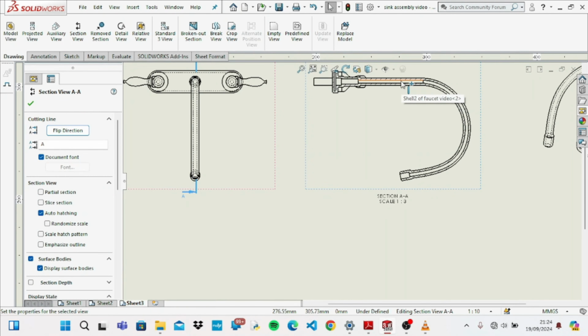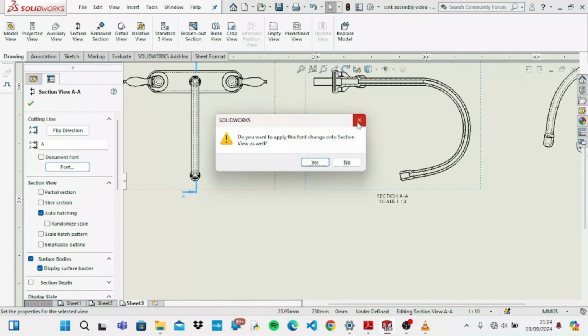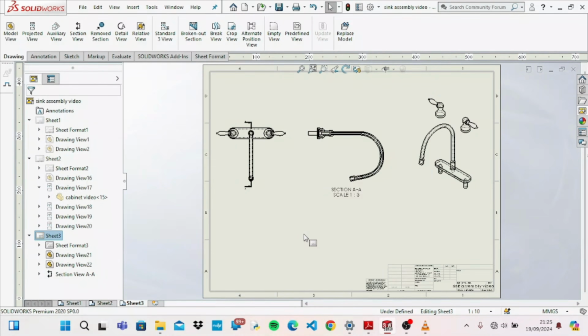that is a part of this. You can see the caption is there, section AA, scale 1 to 3. I can choose to edit the font size, make it 7, bigger. Yes, there we go. Next we have